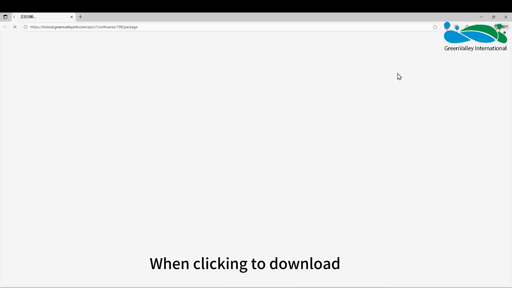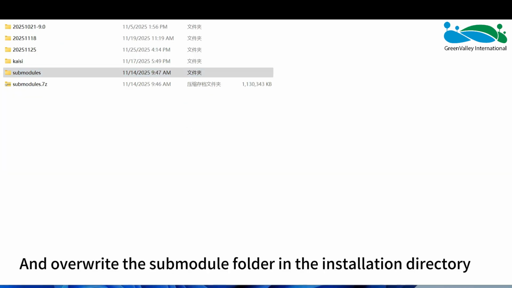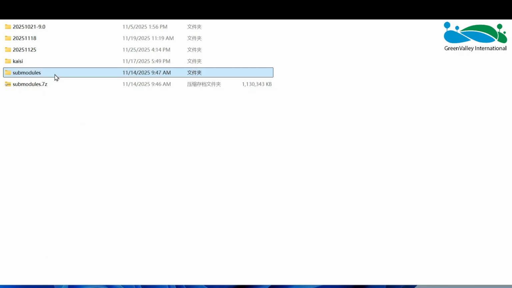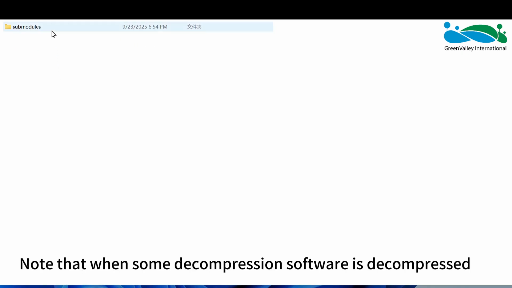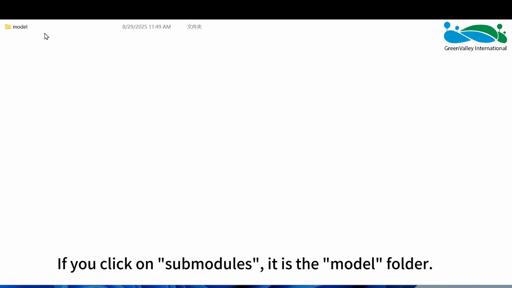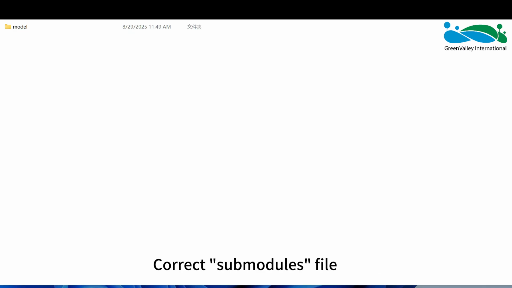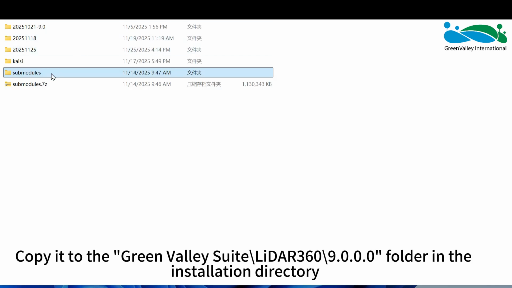Click to download the Smart Classification model package. When clicking to download, unzip the downloaded installation package according to the pop-up window prompt and overwrite the submodules folder in the installation directory. Note that when some decompression software is used, one more level of file directory will be created. If you click on submodules, it is the model folder. That is what needs to be copied and replaced. Correct submodules file. Copy it to the